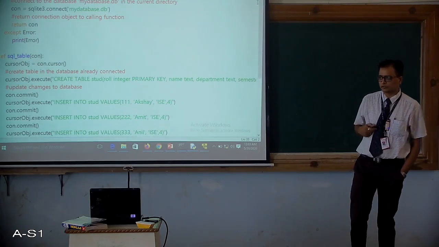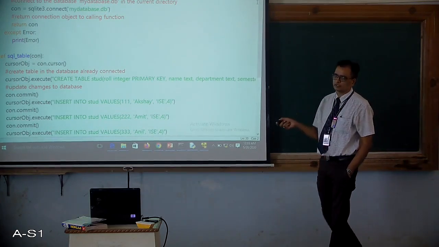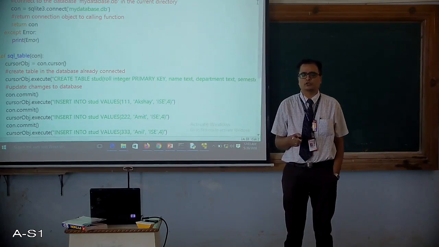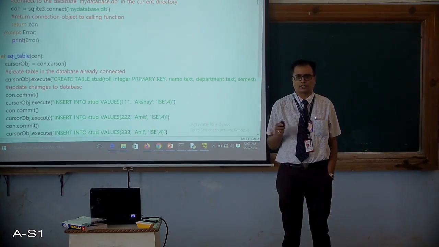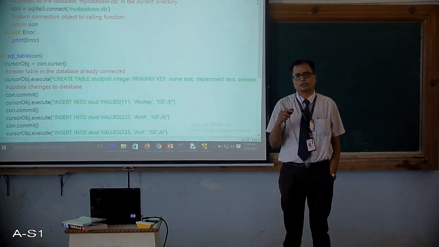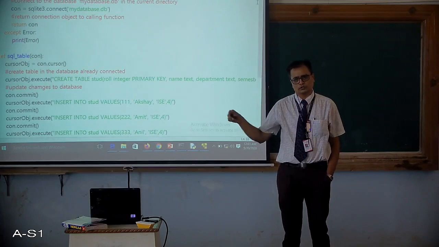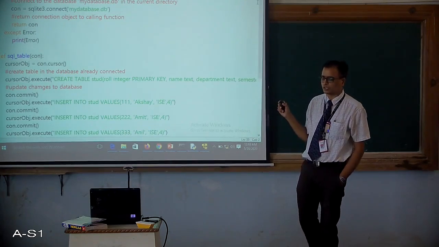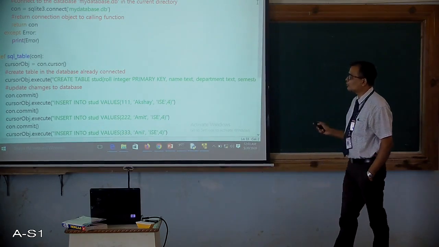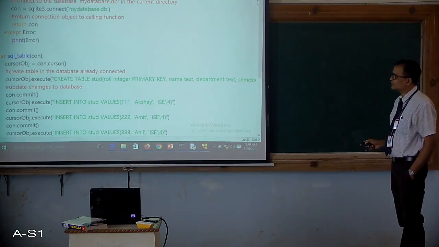That is not required. If you are storing it in some other place, for example in My Documents or on the desktop, then you will have to specify the whole path, the complete absolute path name for that particular database file.